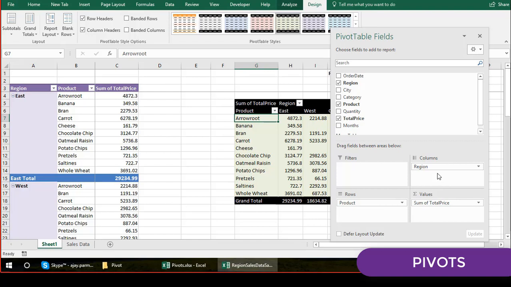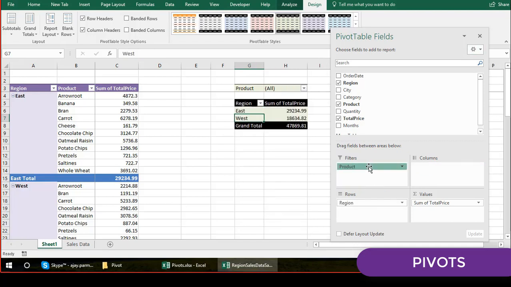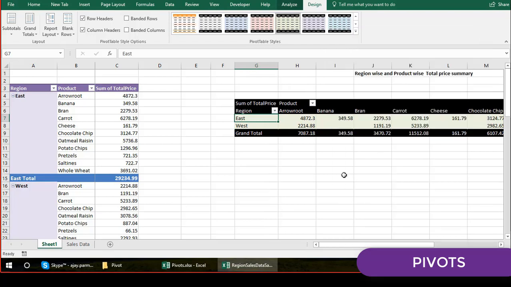Let's say I'm not happy with this, so no problem, there is no formula, you don't have to worry about anything, there will be no error coming. Let's put the region here, let's put the product here. What a big deal. You see that, guys? This is also good.